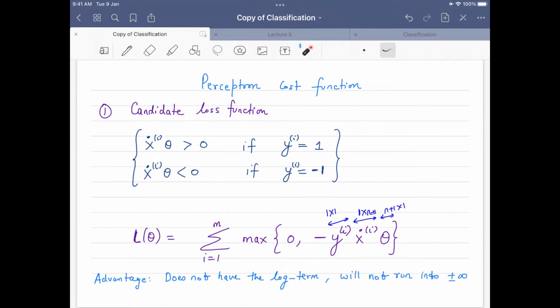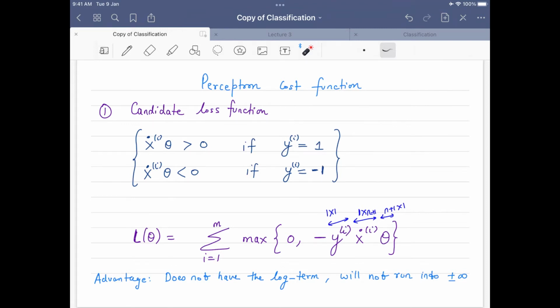Here if you see, what we are doing is we are having this original hypothesis function. This is the hypothesis function that is generated by the machine. So what we are saying is, if this is greater than 0, we are calling it class 1. If this is less than 0, we are calling it class minus 1. So note that right now I am using labels 1 and minus 1, I am not using 1 and 0. As I told you last time also, if you use 1 and minus 1 or 1 and 0, both will work fine. The only thing is the expression will change a bit. So right now I am using 1 and minus 1, and we will see that the derivation that we get for this particular loss function will coincide with the loss function that we derived for the